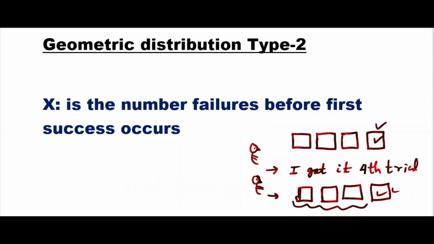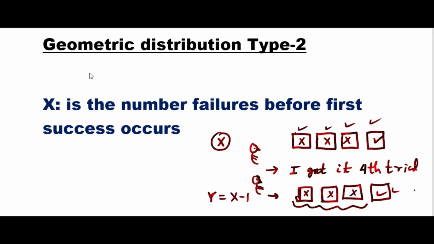If you make this your subject, see what we have written here, the number of failures before first success. So definitely, if I have written x though, and you change it to y, then y will be x minus 1, 1 less. Because how many are we counting? We are counting till the success and we stop. So when you count this way, 1, 2, 3, 4, you say it's a Q, it's a failure, then success. You count here in this case 1, 2, 3, that's all. When you get a success, you don't count.